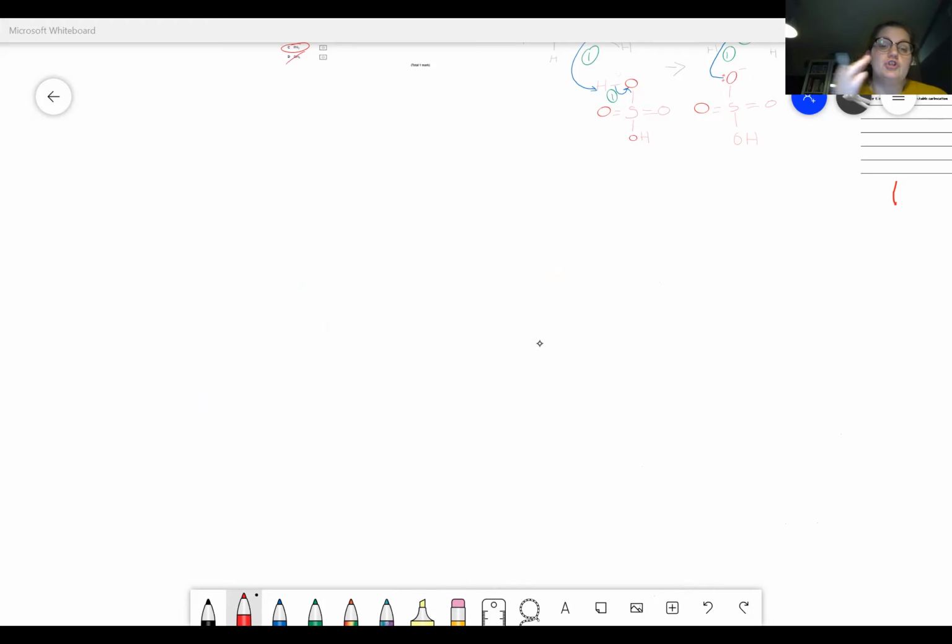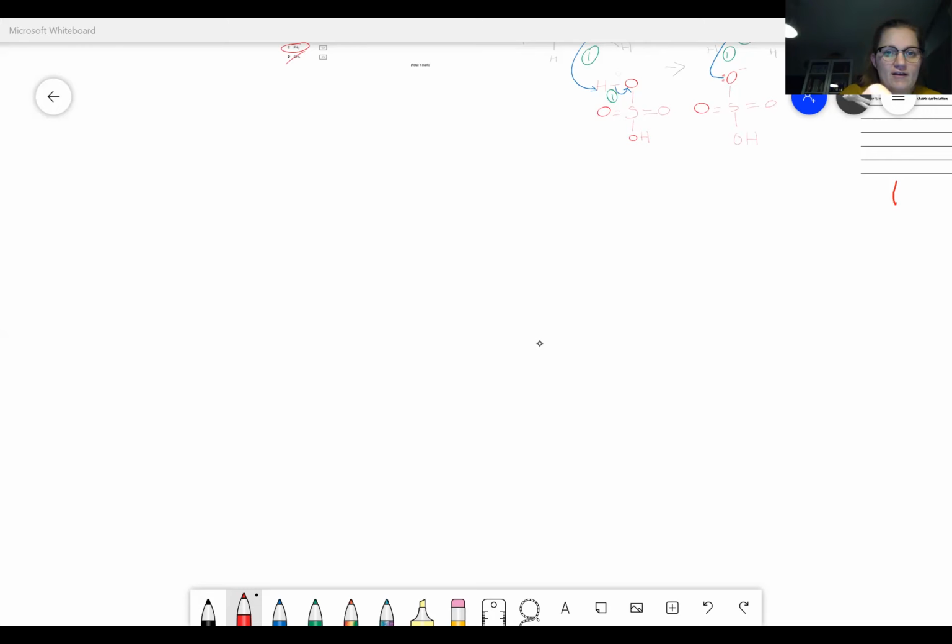2-methylbut-2-ene reacts with concentrated sulfuric acid to form 2 different products. We want to outline a mechanism for this reaction to show the formation of a major product. Basically, we need to draw this out. So we're going to start by drawing out